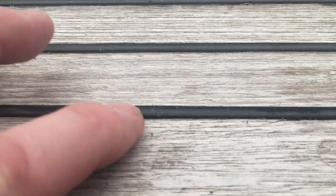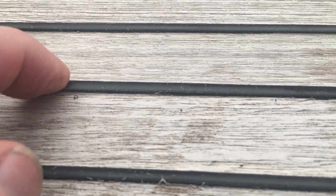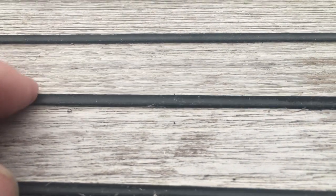But then what starts to happen is the water pools in here and it keeps the deck wetter for longer, which is not good. And also, because this stands proud, when you walk on it, you have the risk of rolling it out of the slot that it's in. So that's not a good thing. So the technique is to cut this back, and this